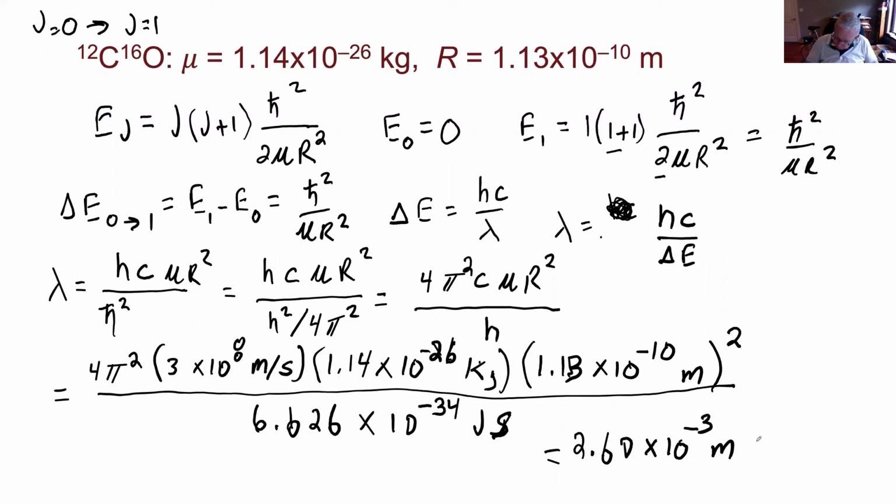Which I could also write as 0.26, let's say. That's in centimeters now. So that's a fairly unusual looking wavelength, right? Remember, we're in the microwave part of the spectrum. These are photons with very low energy, so they're going to have much longer wavelengths than, say, visible light would, right? So things that are on the order of centimeters are actually going to be about what I should expect